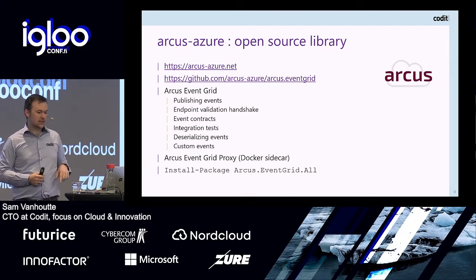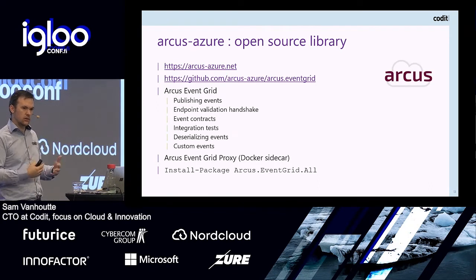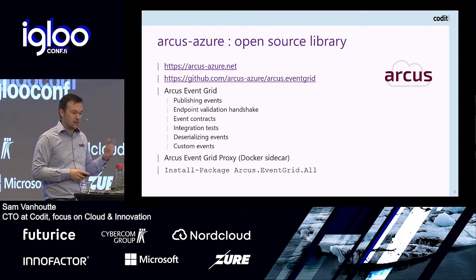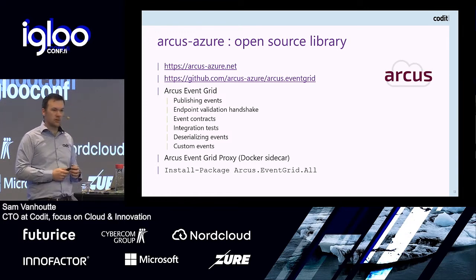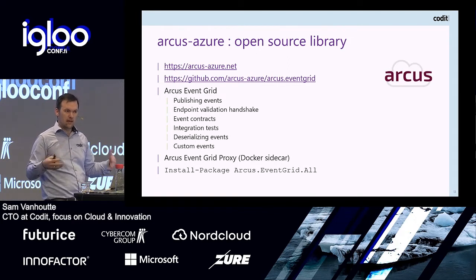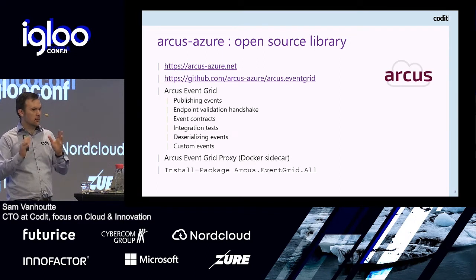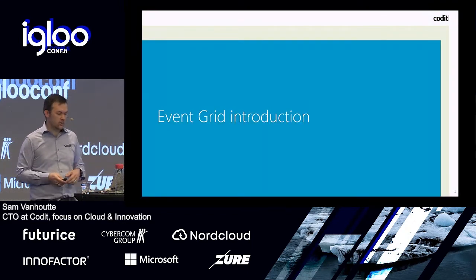One thing I also want to mention is that we believe that open source is really something that, instead of just doing talks, we also want to give back to the community code and resources to use. So for that we have Arcus Azure. It's an open source project on GitHub. You can download the NuGet packages. And I would say Tom Kerkhoven, who will present two times this conference, is probably one of the most active contributors. He's really adding a lot of code together with Steen at our company. And for Event Grid specifically, we also have one library. I'll talk about that a little bit afterwards. So feel free to use it. Feel free to contribute to it as well, so we can really help this evolve with the community.